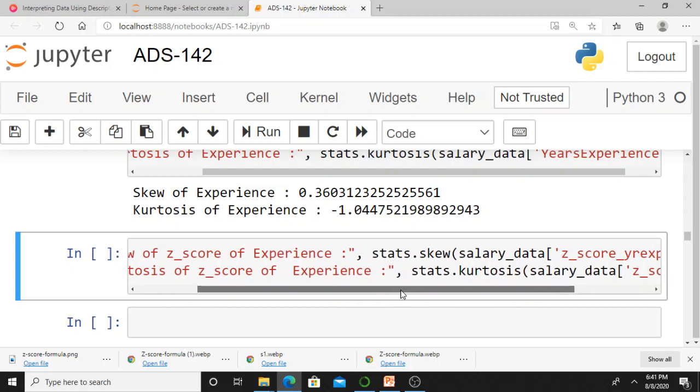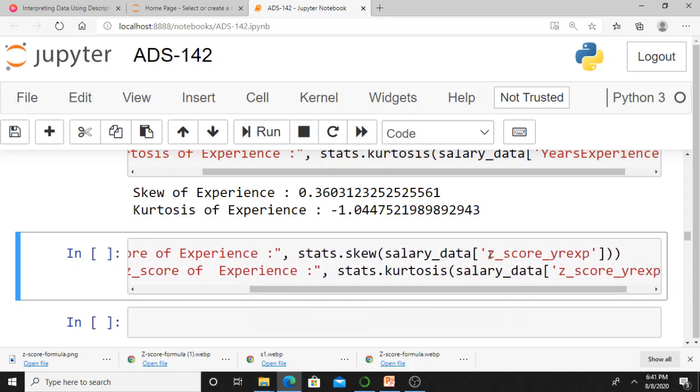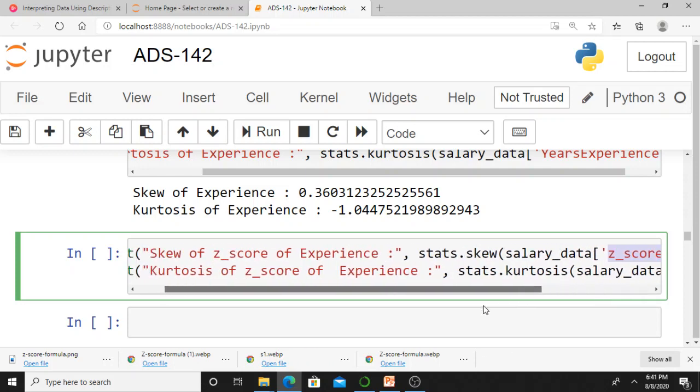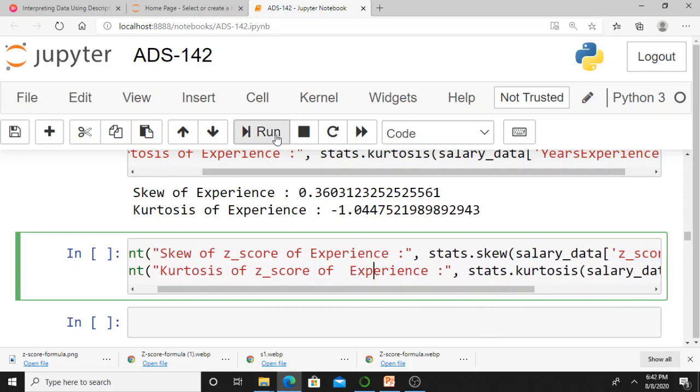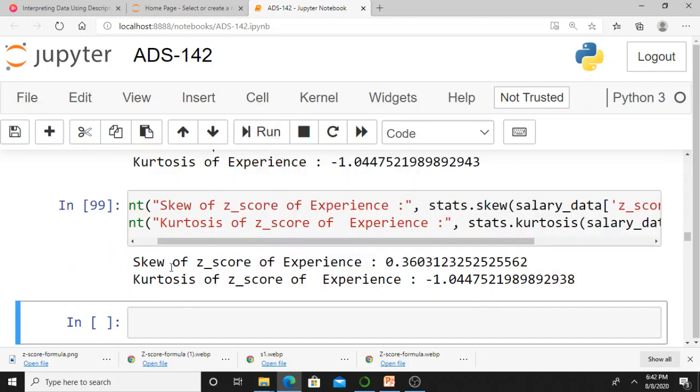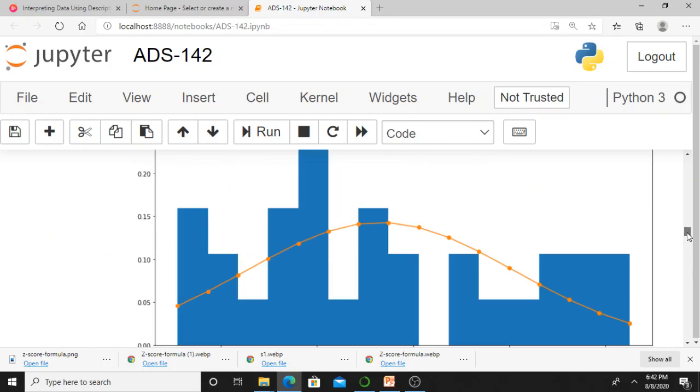Now I am calculating skewness and kurtosis for the Z-score values of years of experience. Before, this was for the original data; now it is for the Z-score. Compare these two values.